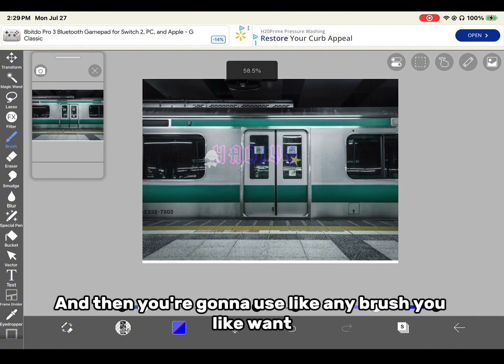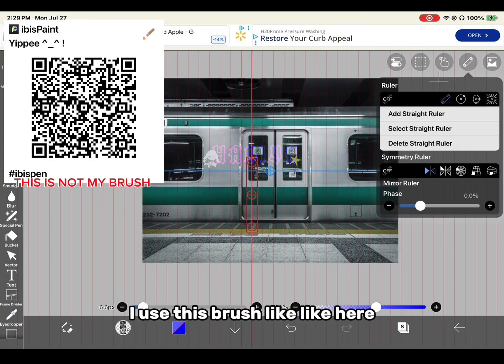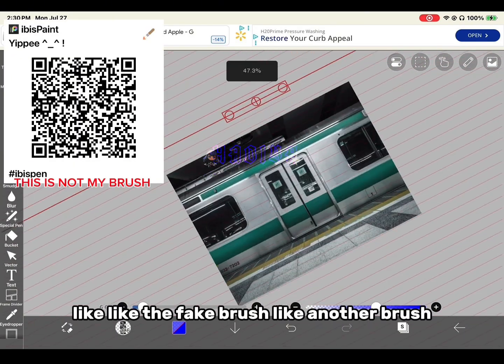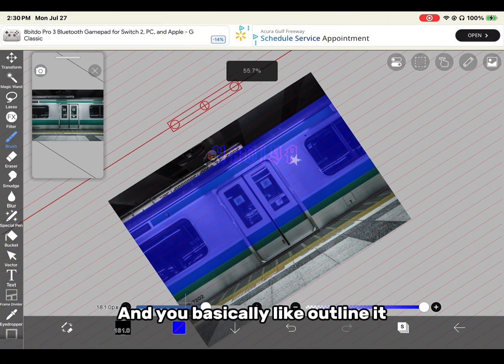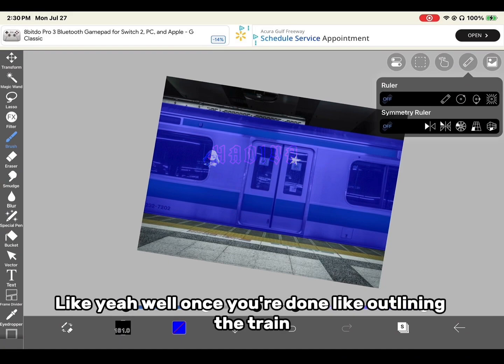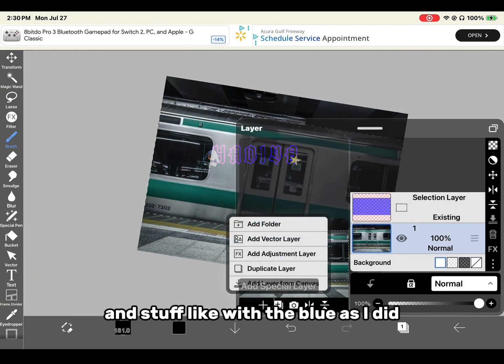And then you're gonna use any brush you want, but I use this brush here. You could use the fade brush or another brush, but I use this one. And you basically outline the train with the blue. Once you're done outlining the train with the blue as I did, then you're gonna